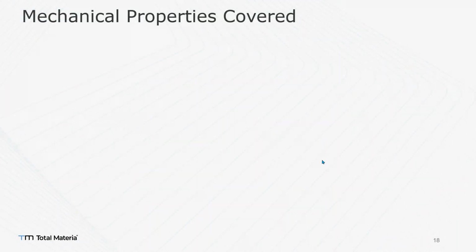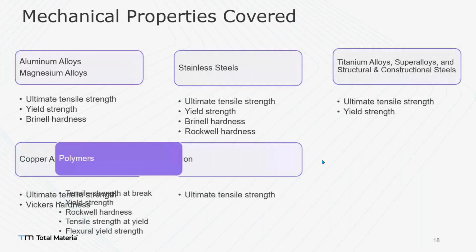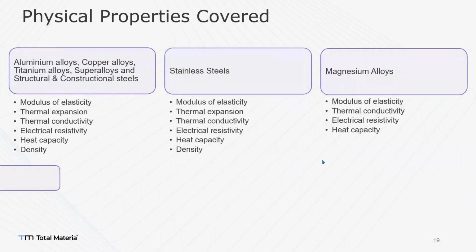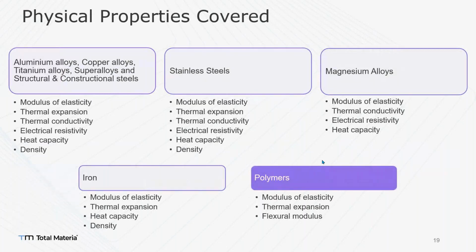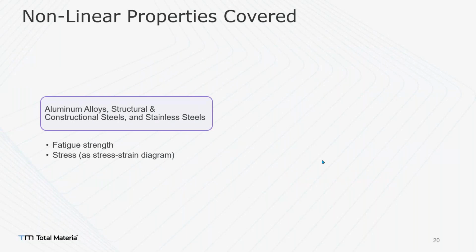So as I mentioned, we do cover mechanical properties, and I'm just going to go through this quickly. You'll see all the different material groups that we cover. If you have any additional questions on that, Nicola and I could always hop on a call to go over that. Physical properties as well, so quite a lot and quite a lot of different material groups like aluminums, coppers, stainless steels. And also from a nonlinear perspective, we got aluminums and alloys,